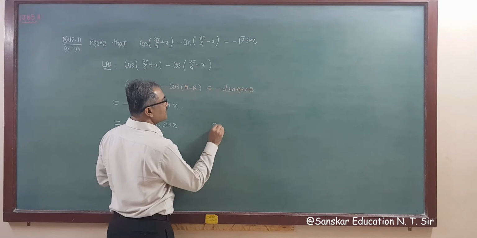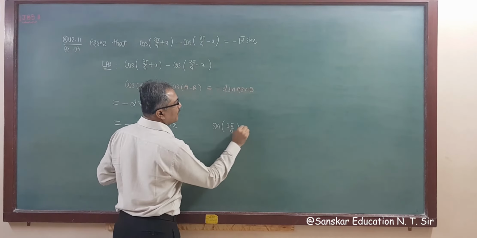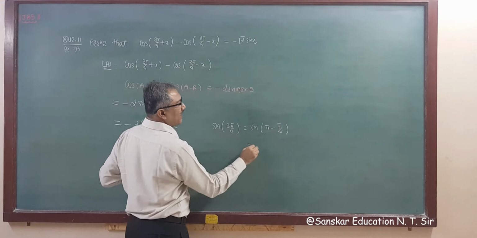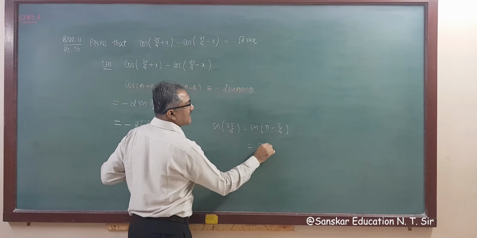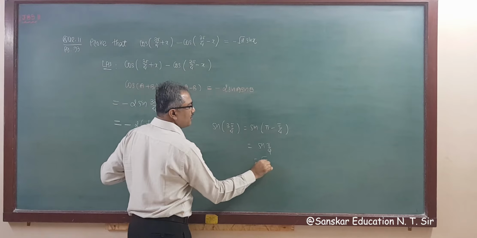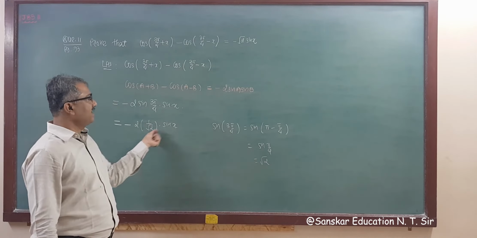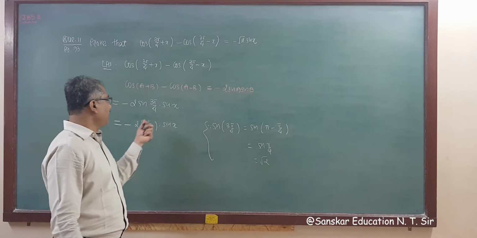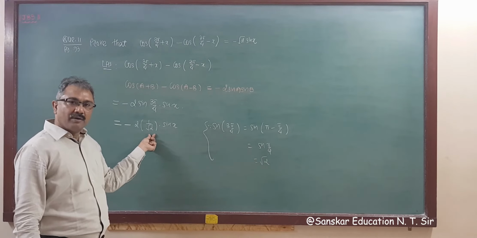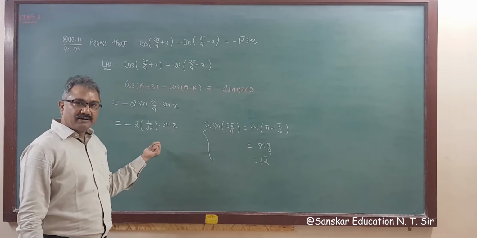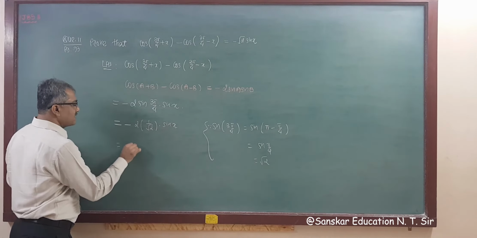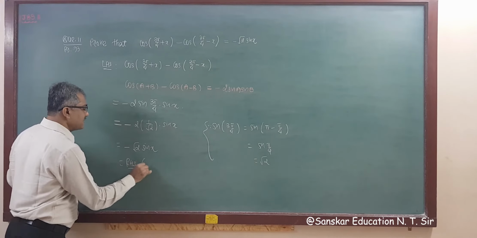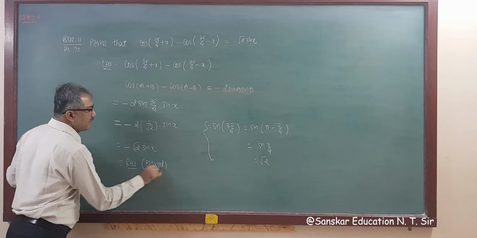Either you can write like this also. As you know, sin 3 pi by 4 is equal to sin(pi minus pi by 4). So sin(pi minus theta), second quadrant, is sin pi by 4, that is 1 upon root 2. So you can adopt any method for writing this. If you want to write this in 3 steps, you can, and if you want to write directly, you can write directly also. Both are valid methods, right? So the answer will be minus root 2 sin x, that is your right hand side, and hence this is proved.